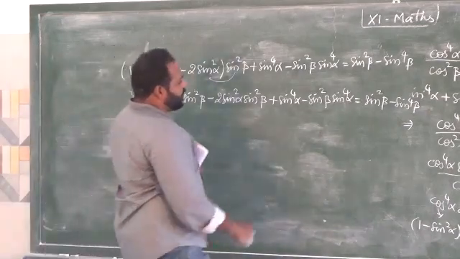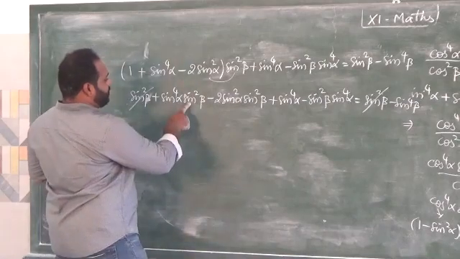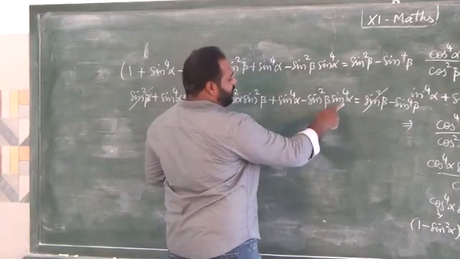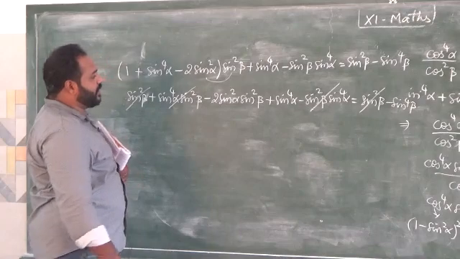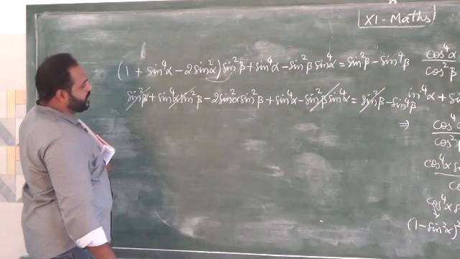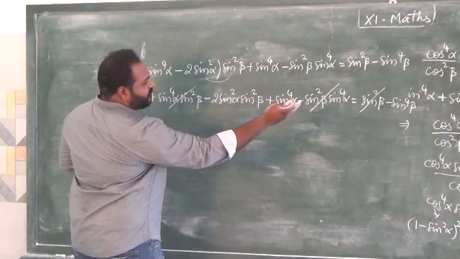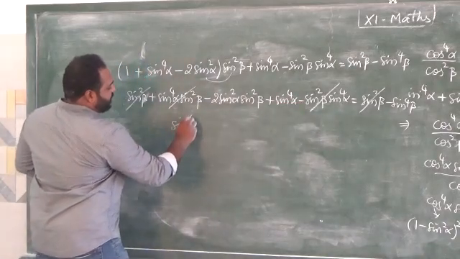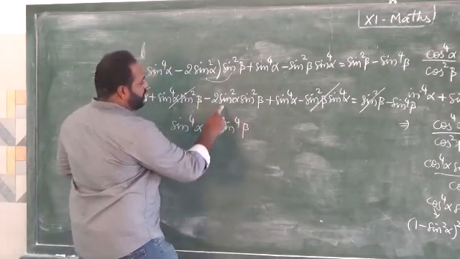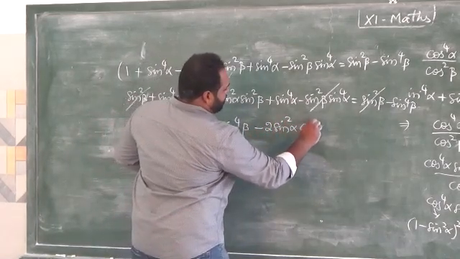So here we go some cancellation. Sin square beta and this side sin square beta can be cancelled, and then here sin square beta sin power 4 alpha plus minus sin square beta plus sin power 4 alpha will be cancelled, plus here minus 1, this is also will be cancelled. What are things remaining? The remaining things are, if you just take this minus sin power 4 beta this side, it is sin power 4 alpha plus sin power 4 beta remaining minus 2 sin square alpha sin square beta